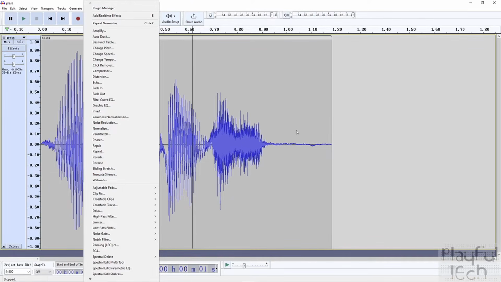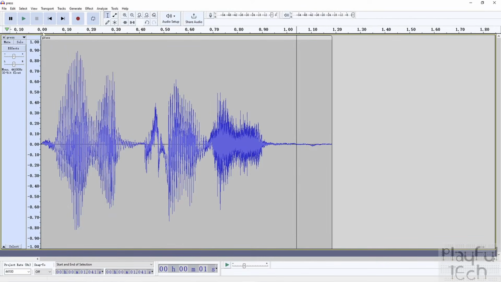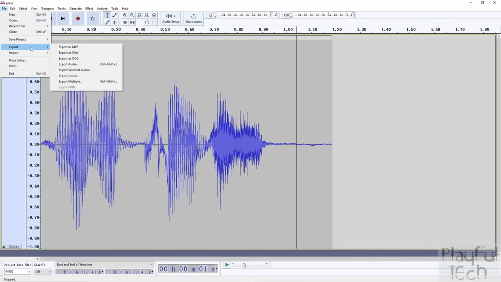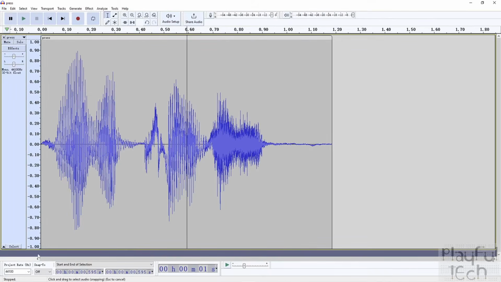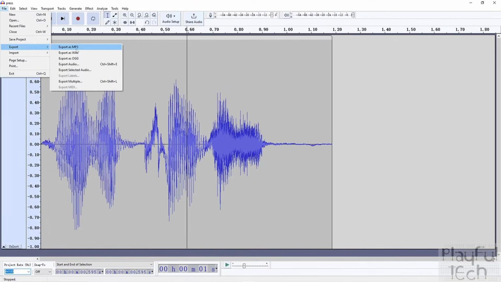And once you're happy with the edits you've made, what you need to do is go to the File menu and export it either as an MP3 or a WAV file. Now you can export these up to 24-bit at 48 kilohertz, so that's better than CD audio quality. And whether you're using the flash version or the SD card version,